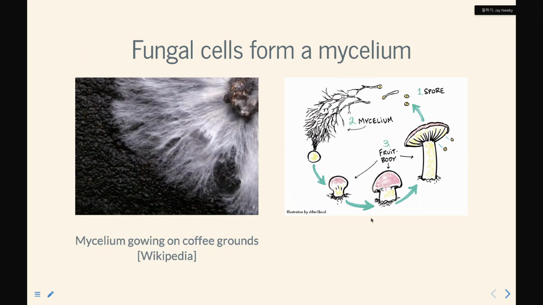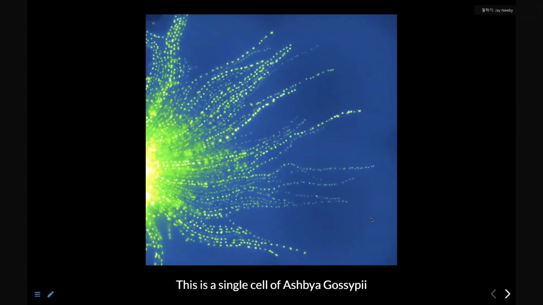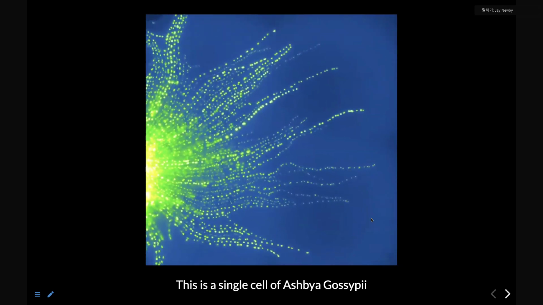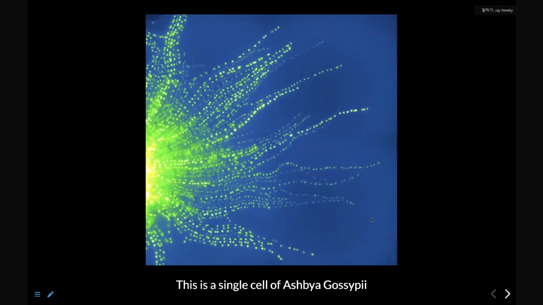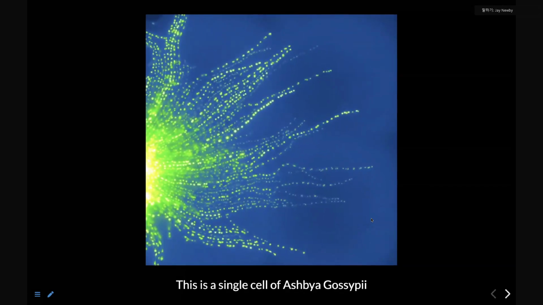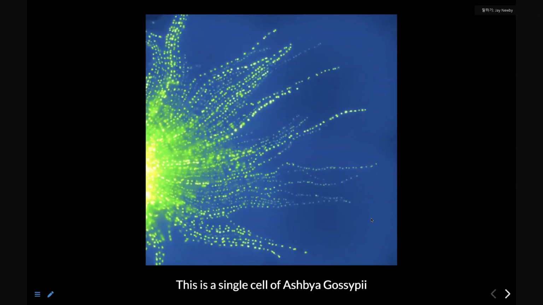But part of the life cycle of fungus is the mycelium. It's this branch structure. So here's just something from Wikipedia. This is a big mycelium in coffee grounds, right? So in my kitchen, I didn't throw away the coffee grounds. I left it out, right? That's what's growing on it. Just kidding. Okay, the mycelium that we're studying is much smaller, okay? Much smaller. This is hundreds of microns, okay? So this is like one coffee ground. I don't think that's an exaggeration. The coffee grounds are probably much bigger actually. Anyway,